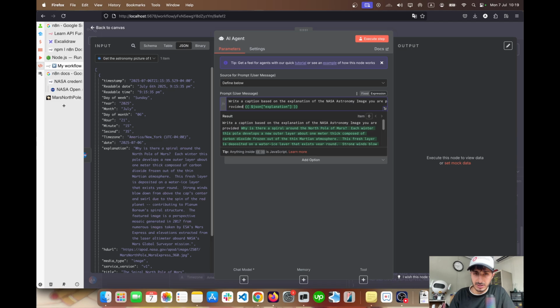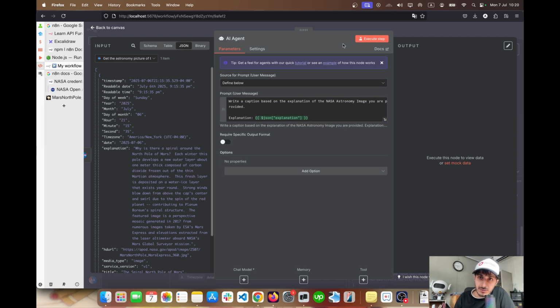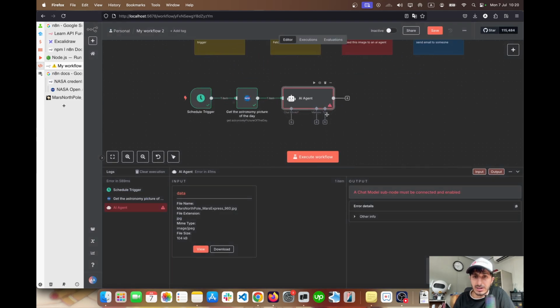What I can do here is add explanation, right? So it has further context. Alright, so I'll execute this step, and I'm guessing it will fail. So yes, because I have not provided a chat model to this AI agent right now. So we have correctly provided the context, but we now need to define our AI agent, our AI model, the